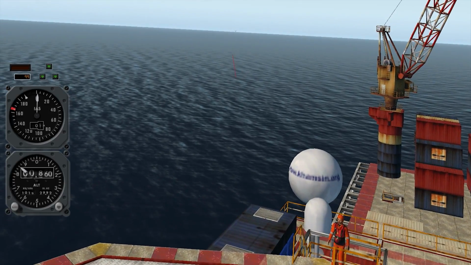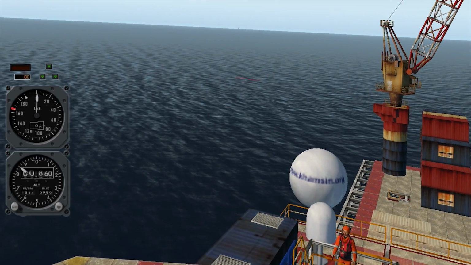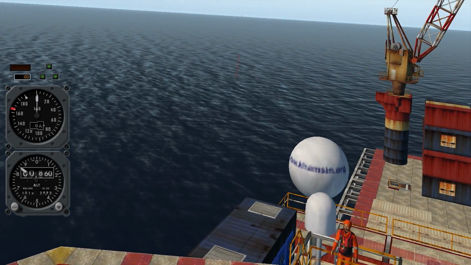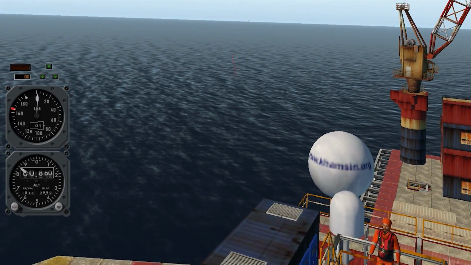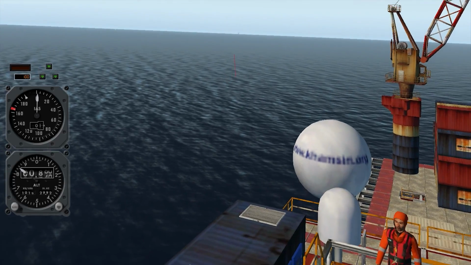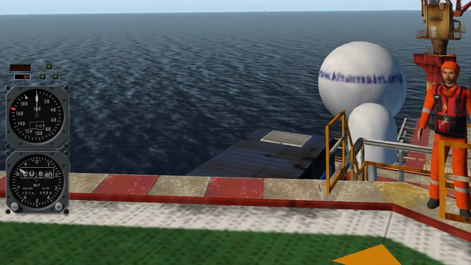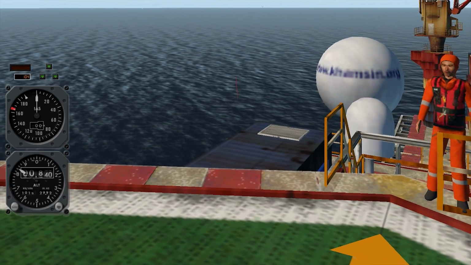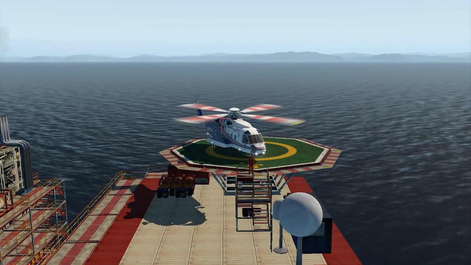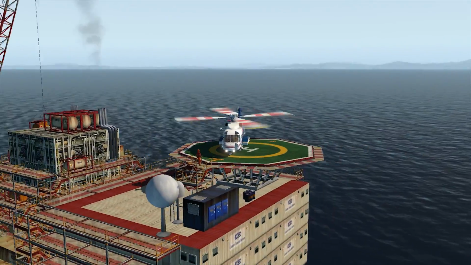And that's so we're not doing vertical reference flying or anything like that. We're still looking out and using the horizon as a reference, but now we can actually see, based on this little man and the weather radar here, that we're over the platform. We're over the helideck, I should say, and now we are actually on it. This way we can more consistently land, and well, we kind of missed the mark a little bit, but at least we're on the helideck,